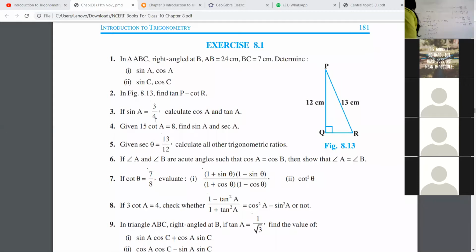I'll get back to the board. Think what you will do, because there the sides are not given. What will you do? Only the ratio is given. So how will you go back to the third side? Because you need all the three sides when you need to apply the ratios. Ma'am, the angle opposite to A will be of 3 centimeters. Okay, but it's given sine of angle A only. No, they are not giving the sides.